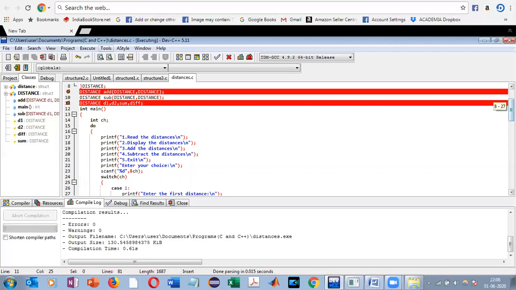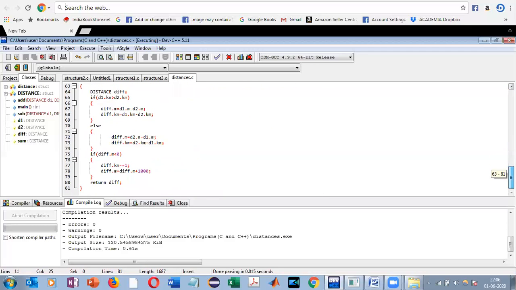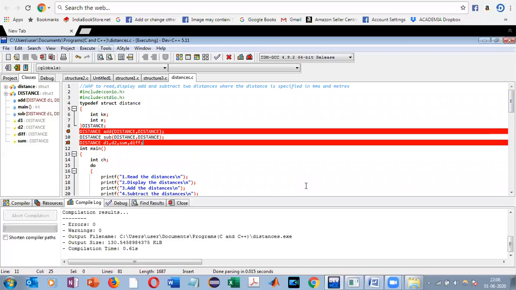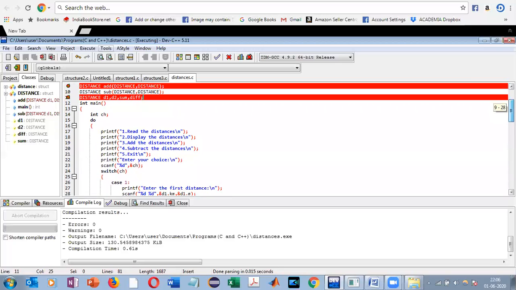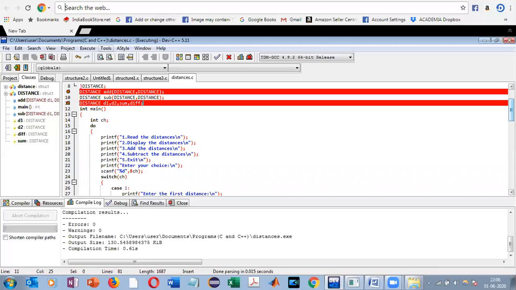So we have to take care of certain things. Otherwise, this concept of passing the entire structure to the functions, or a scenario in which a function returns the structure type variable, is very easy. You just need to take care that whichever variable we are assigning the result to, whatever that called function is returning, also has to be of a similar type.